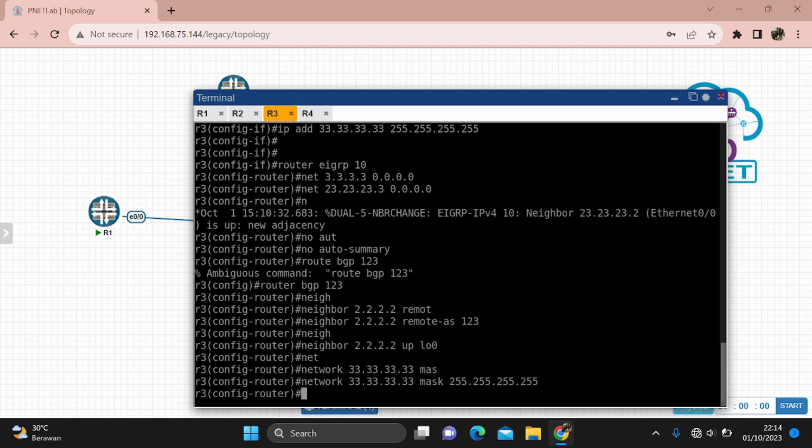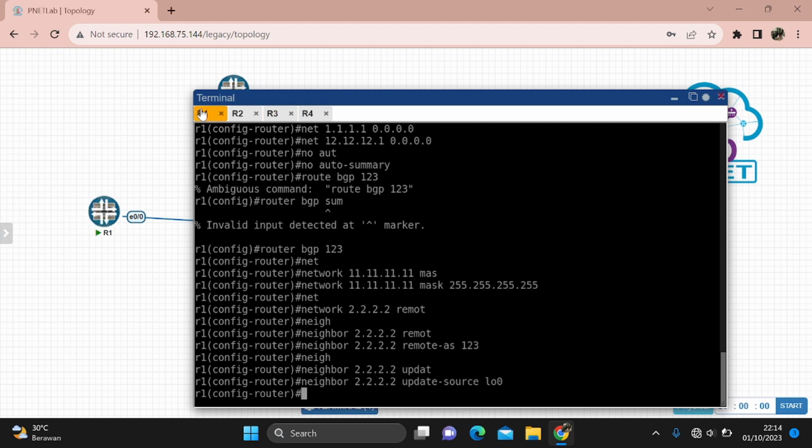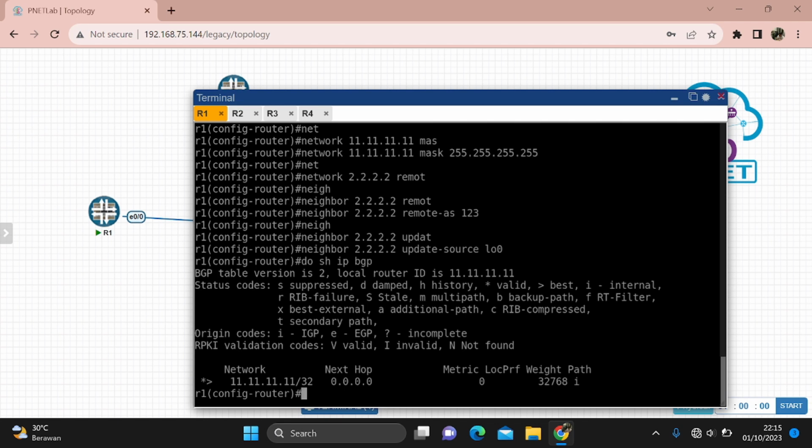And then after that we will check in router 1 to show IP BGP. What the hell? Wait a second.